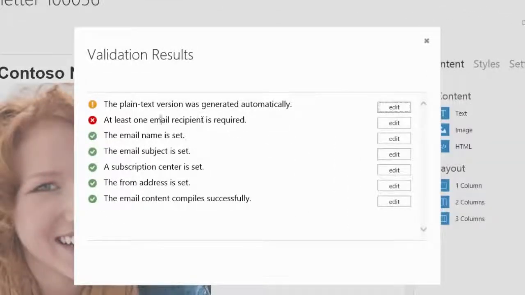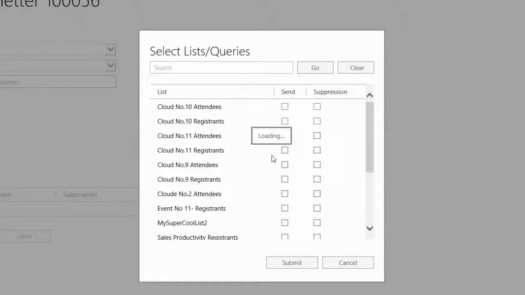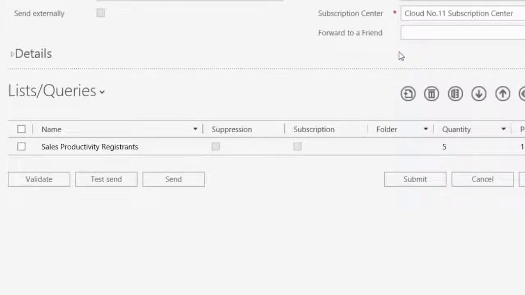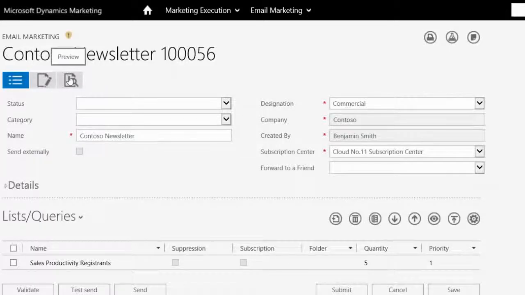It appears we have forgotten to add the recipients of the email. All we need to do is click on Edit, and then another dialog box appears that contains all of our mailing lists. We select one and hit Submit. Now we are out of the Edit Content Work area because our email has been designed. And you should see the email list that we have selected, but we want to preview the email before we send it. To do that, click on the Preview button and we can see what our email will look like